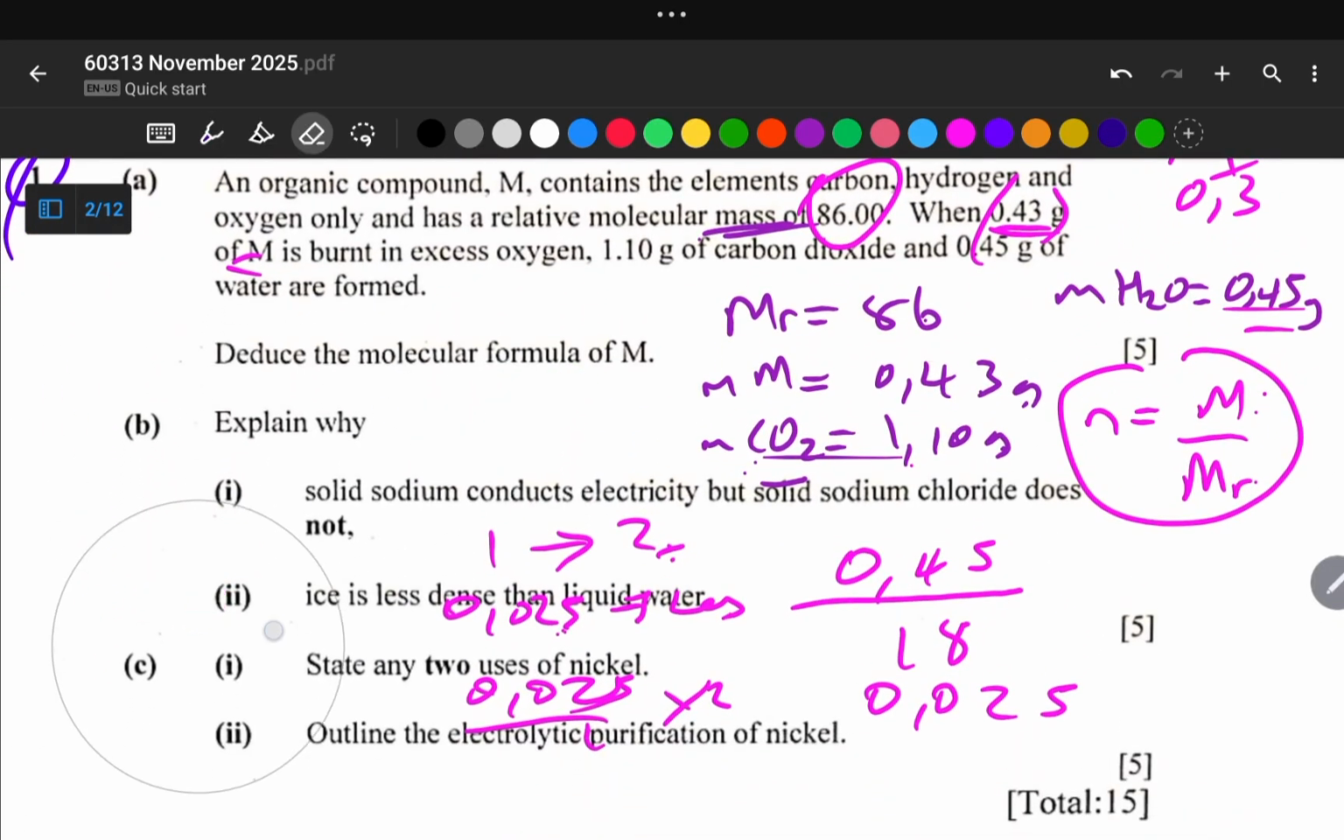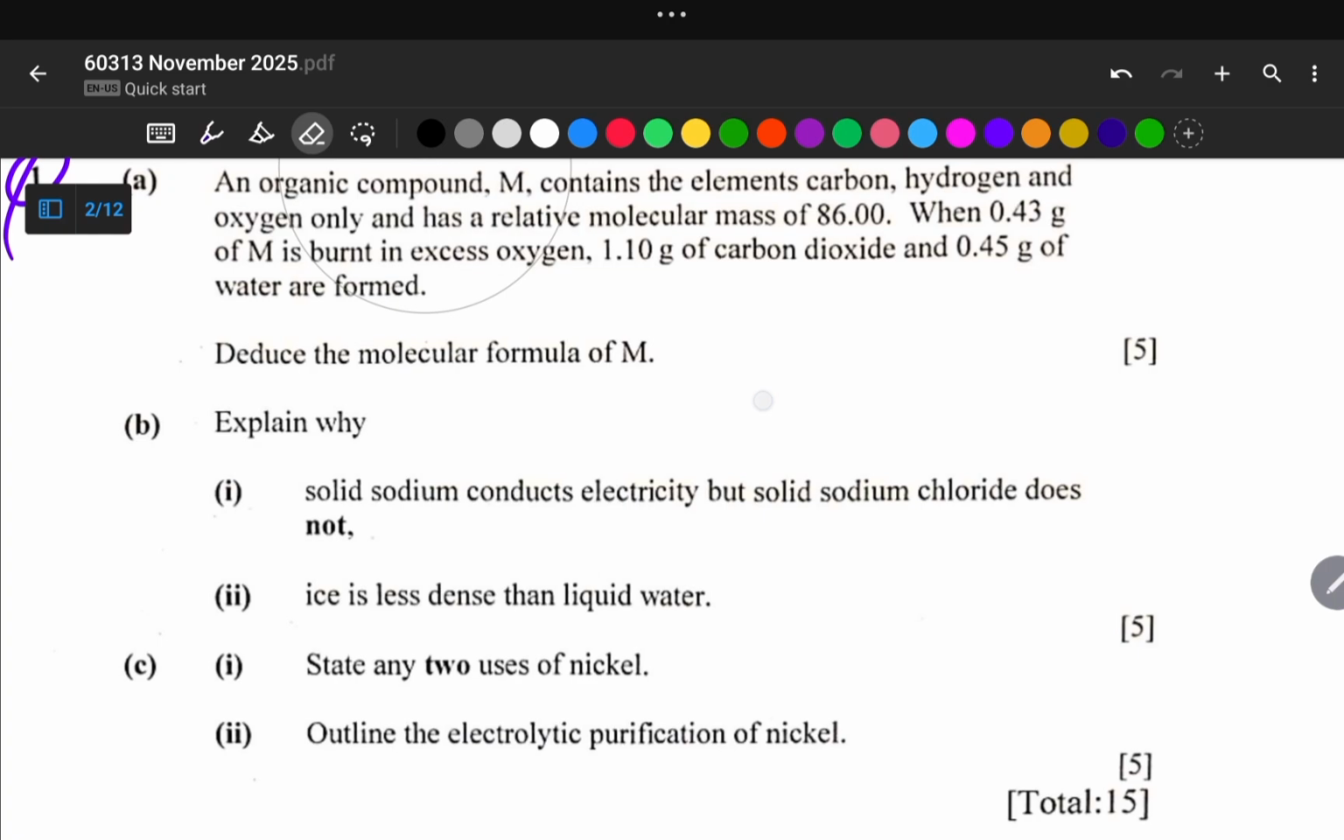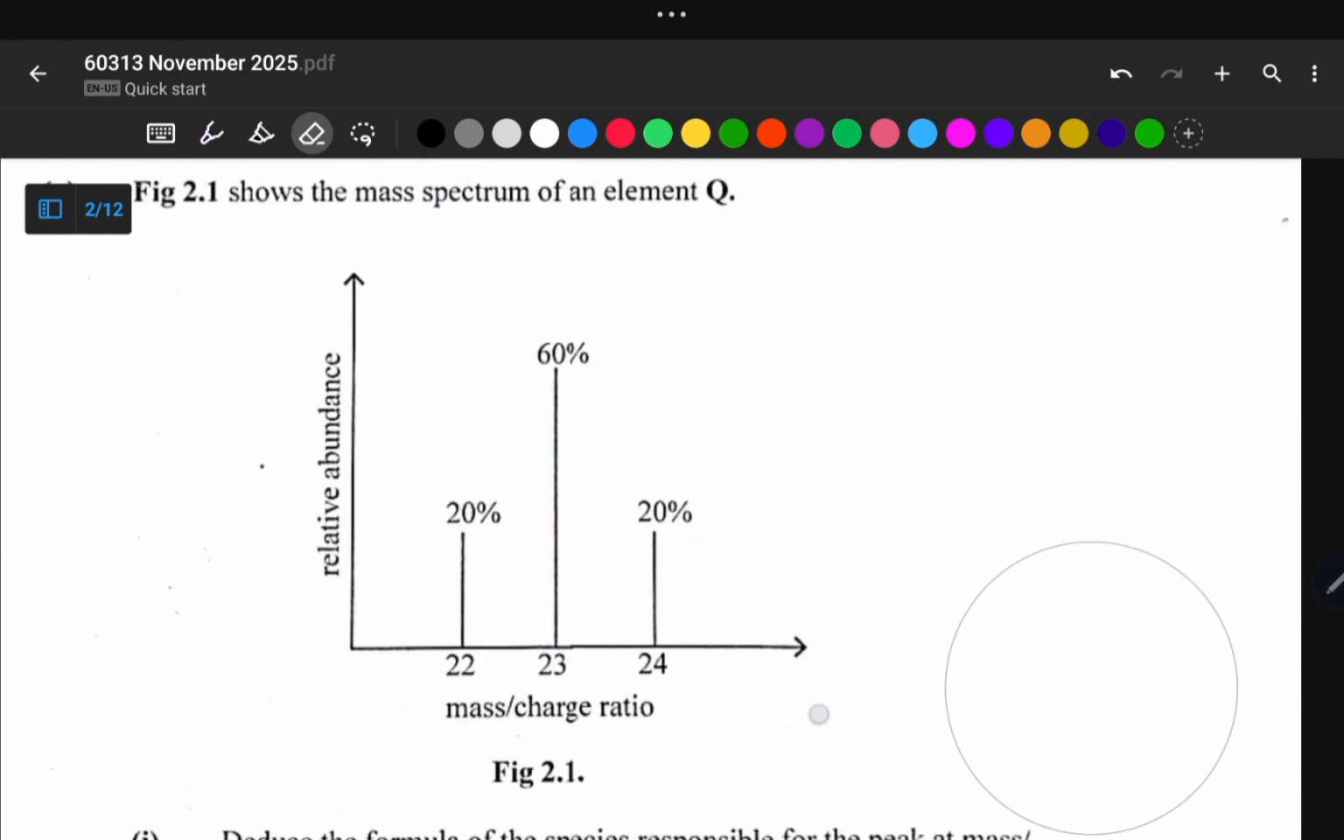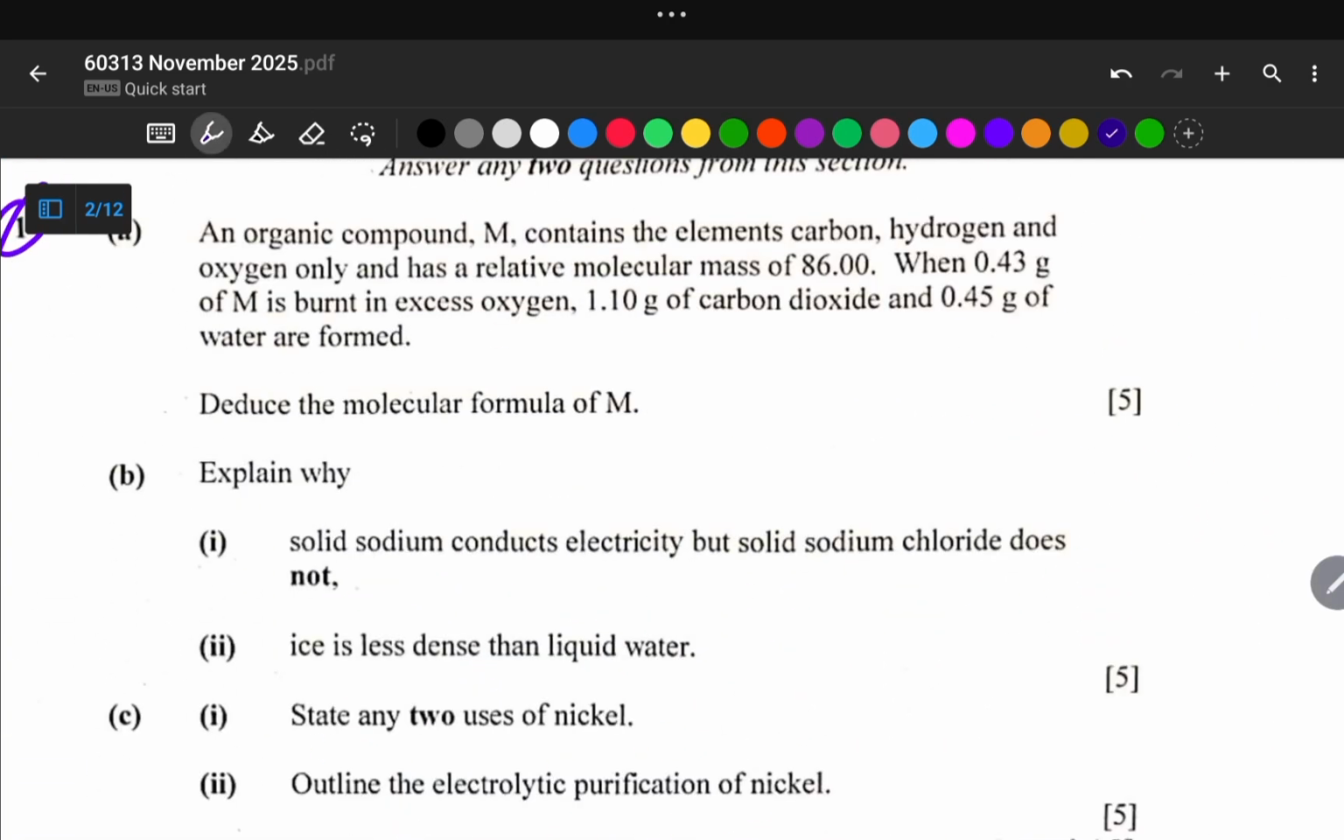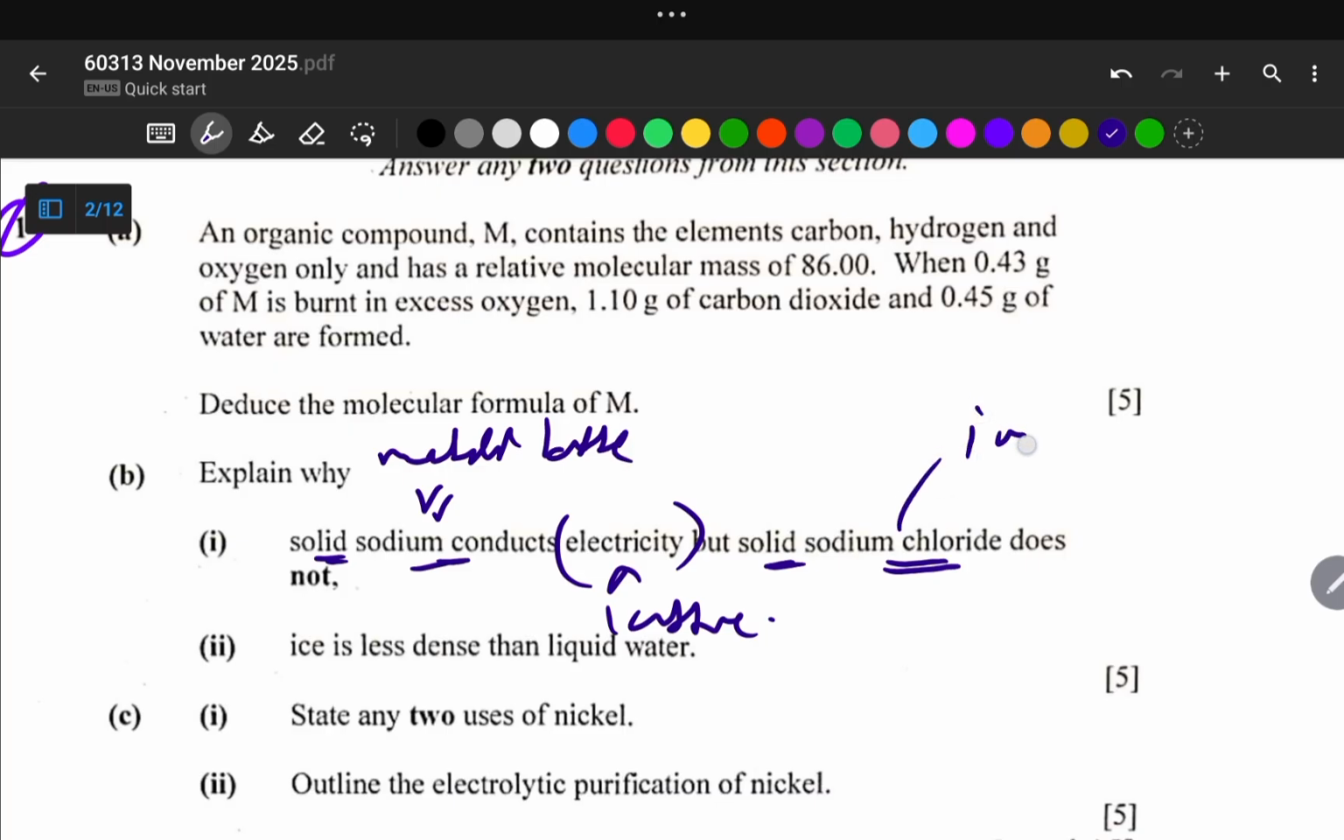So let me clear here so that we can move to the next part of the question, right? So our part B says: explain why solid sodium conducts electricity but solid sodium chloride doesn't conduct electricity, right? When explaining these physical properties, you need to start by identifying the lattice structure. So sodium exhibits a metallic lattice structure, and